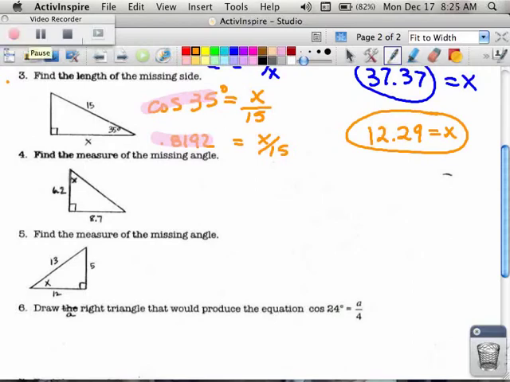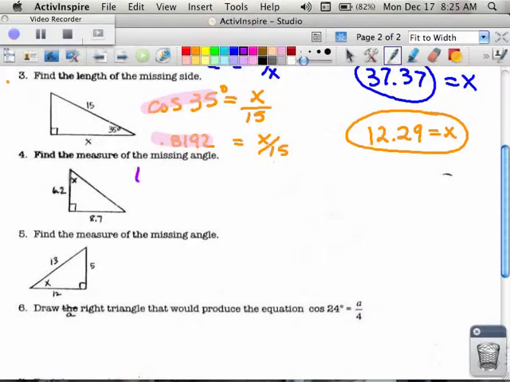So number 1, 2, and 3, we found sides. Look at number 4. What are we finding this time? An angle. So when we find this angle, notice how they want the angle this time, but they give us the side that's opposite to that angle, and they give us the side that's adjacent to that angle. In other words, we don't know anything about the hypotenuse. So opposite and adjacent means we're working with